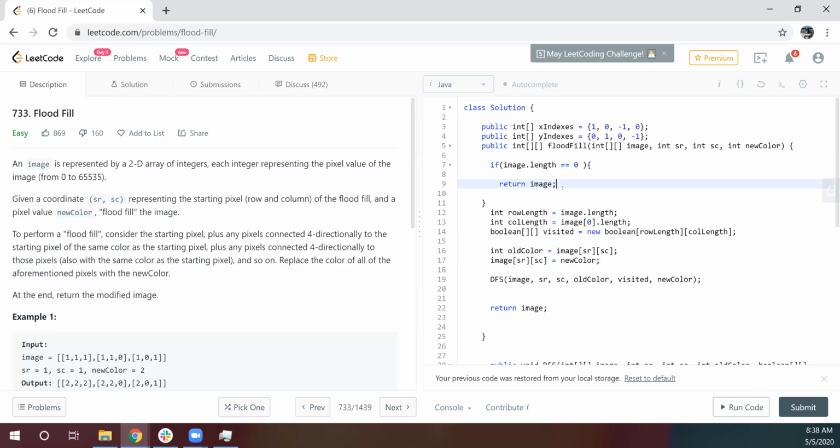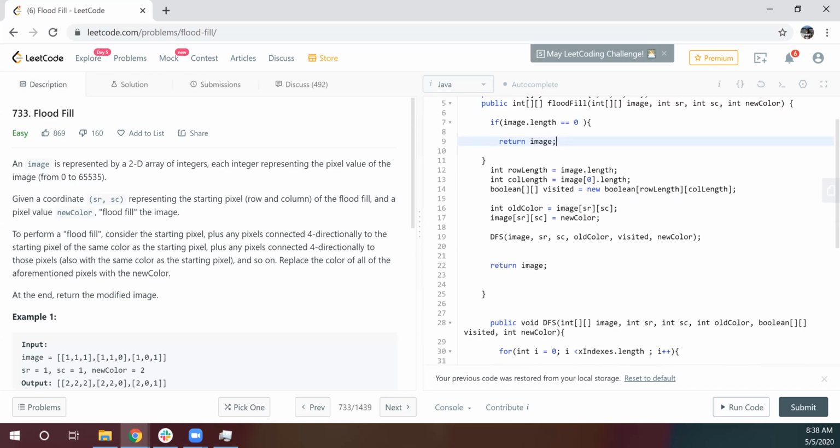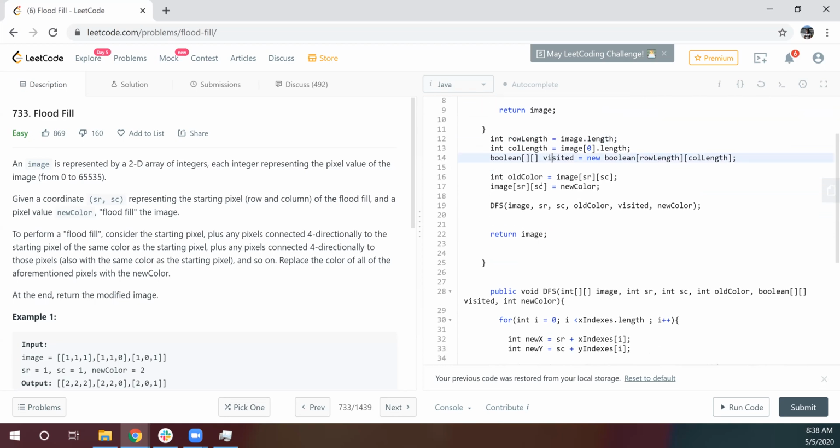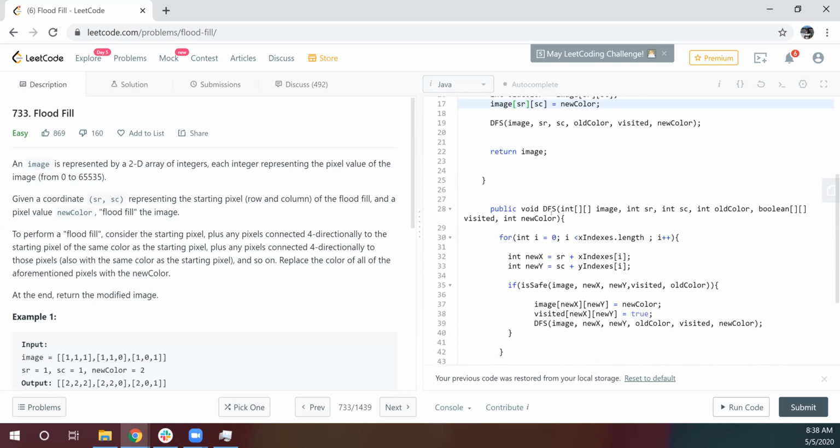So how I did it was, I take the image row length and column length. Standard for any DFS or BFS, we take a visited array so we don't want to do it again. Take an old color, then set that place with the new color, and from there start doing the DFS.